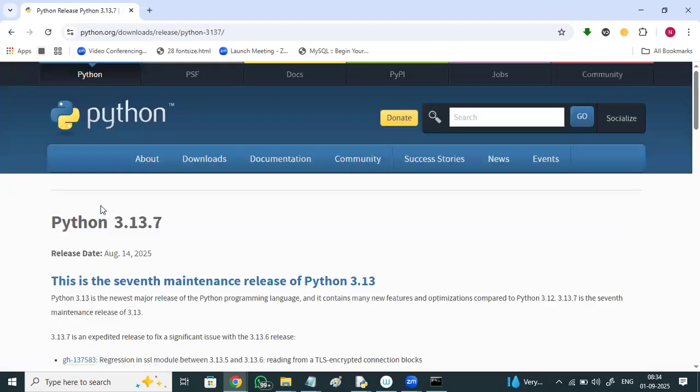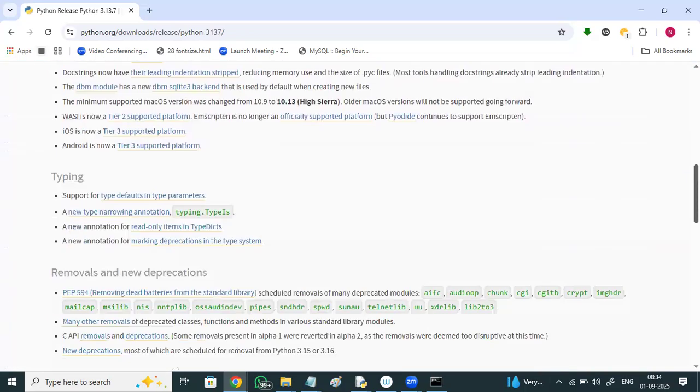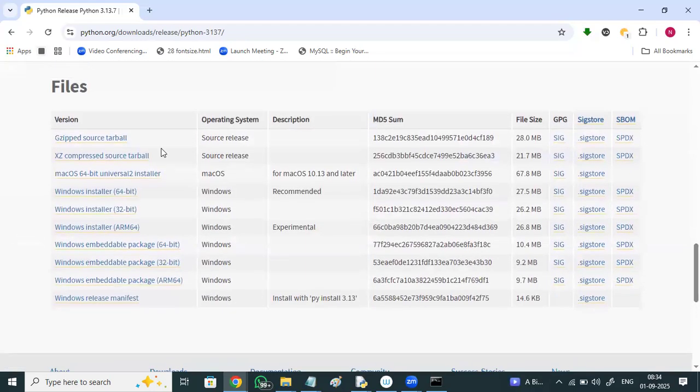Click on 3.13.7. You can see the files here: Windows installer 64-bit and Windows installer 32-bit.